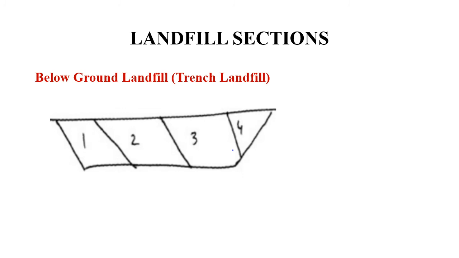These slight differences in the locational criteria, as we already saw, will vary depending upon the type of waste for which you're going to construct a landfill. So as I said, if the groundwater table is at a lower level, you can go for a trench landfill. You can excavate a trench, and the basic dimensions of the trench are like 100 to 300 meters in length and 5 to 15 meters in width, and the depth of the trench will mostly be 1 to 3 meters. Depending upon the conditions suitable at your site, you can go for a trench landfill.